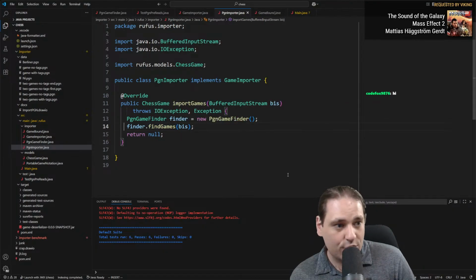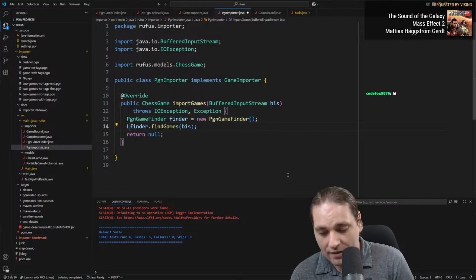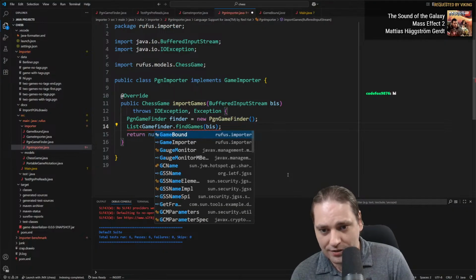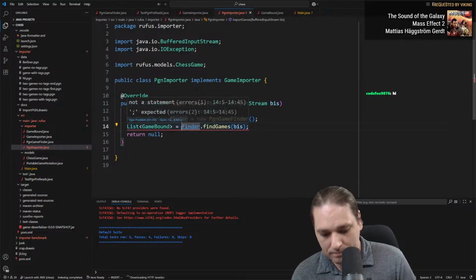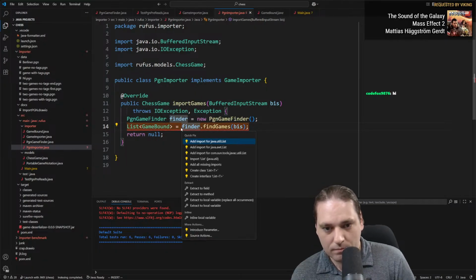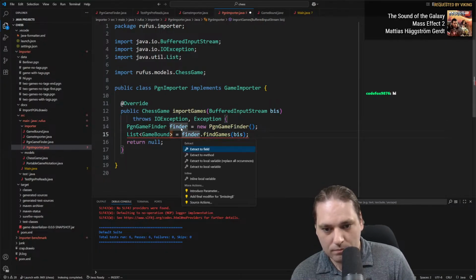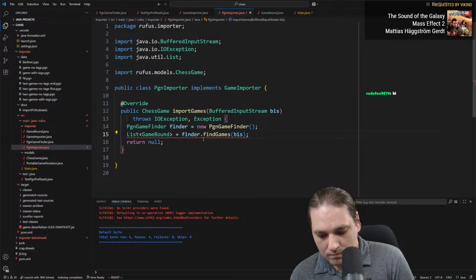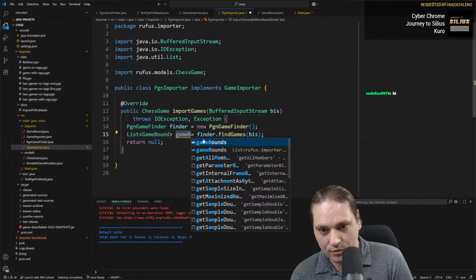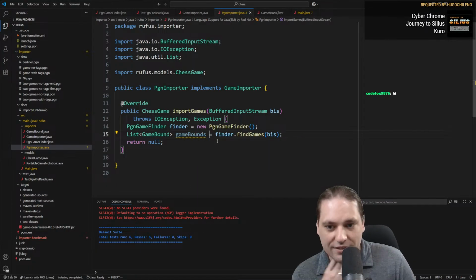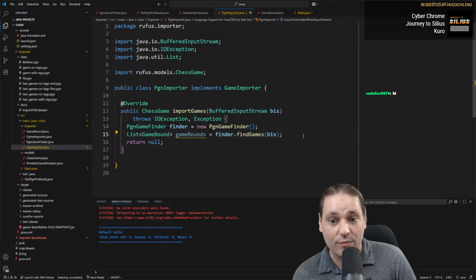So that gets us to a point now where we have a list of game bounds. Okay. Game bounds. So the game bounds are the exact bytes on which these games start and end. So now that we've got that,